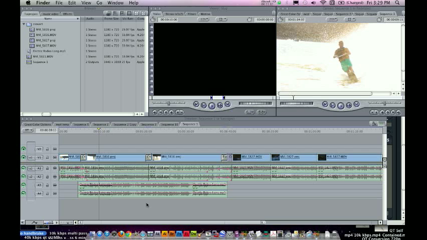Another thing I might mention before I shut this video off, I'm going forever here, just stop it when you need to, is make sure when you're about to start a new sequence, start editing your project, that the sequence settings match your video settings. And you can see, if you don't already know, if you just bring your files into Final Cut, it will tell you, hey, this is a 720p video. It doesn't tell me the P, but it tells me the size and the frame rate over here,